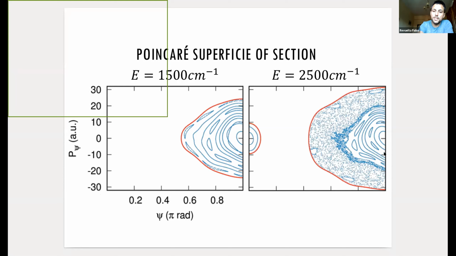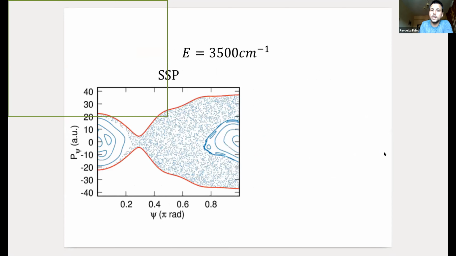And you also see that then the lithium atom could also sit on the other side, right? Because you have an energy that is slightly larger than the energy of the other well minimum. So you can also localize the atom there, but in that region, the motion is almost completely regular. If you increase the energy further up to that value, 3,500 centimeters minus 1, you can see that then the lithium atom can move from one isomer, I mean, from one well to the other well, and then we say that we have a chemical reaction, right?